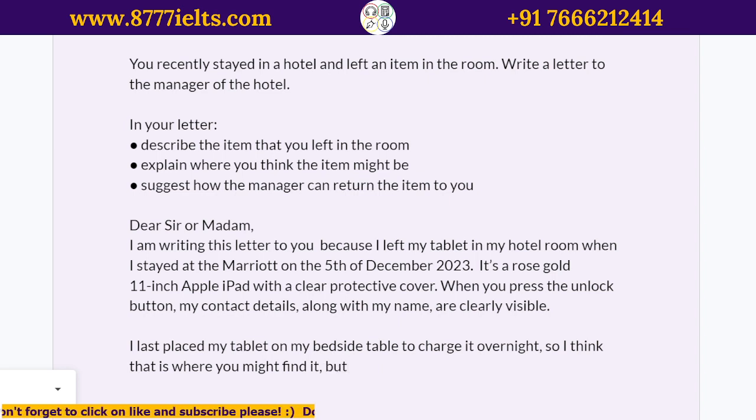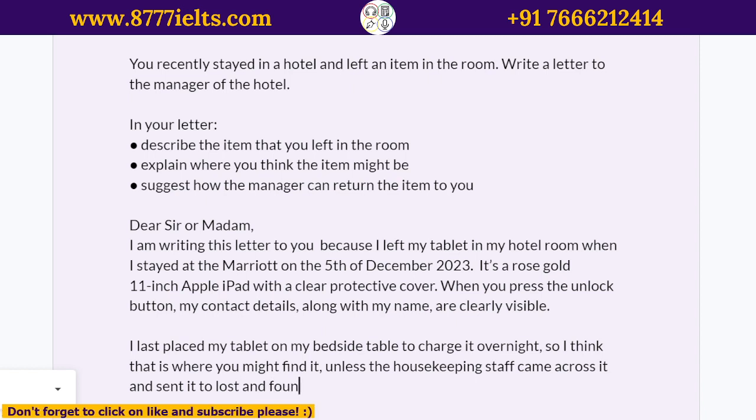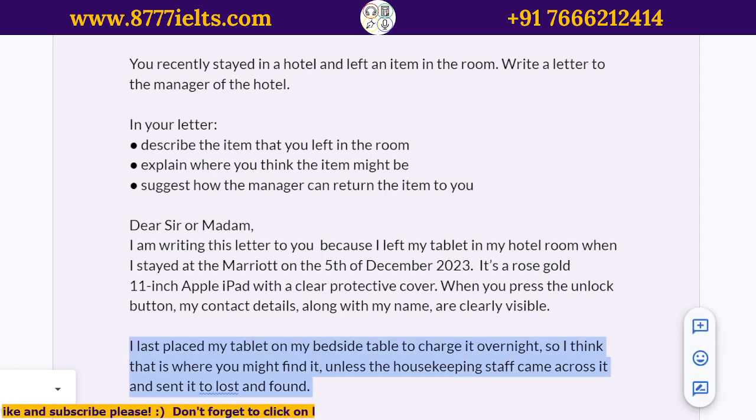But it may be on the bed. Or, well, I last placed it, so I think that's where you might find it, unless the housekeeping staff came across it and sent it to Lost and Found, right? Lost and Found is like a room or a place where, yeah, lost items, as the name suggests, are sent.